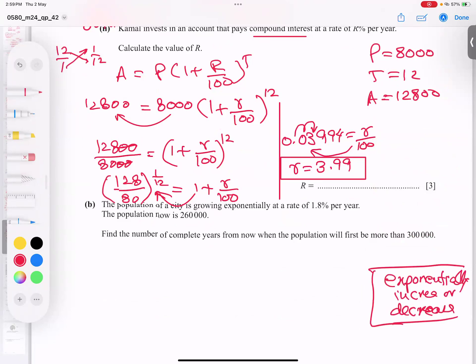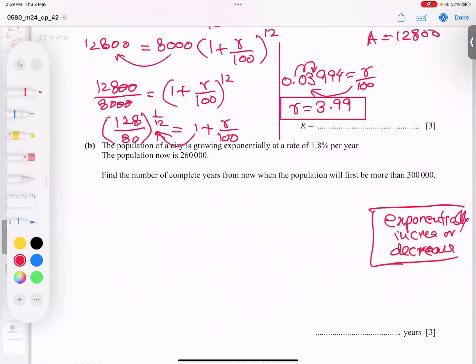Luckily, the question came: same thing, growth exponentially. It means we can do it. So the population of the city grows exponentially at a rate of 1.8% per year. And the population now is 260,000. We need the number of complete years, not 10.5, not 2.9, a whole number from now when the population will first be more than